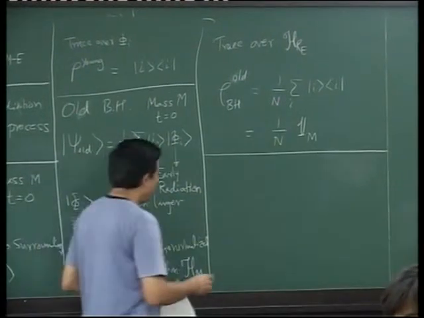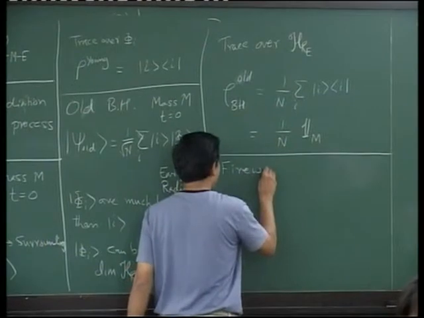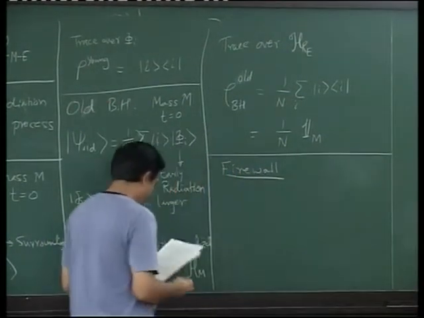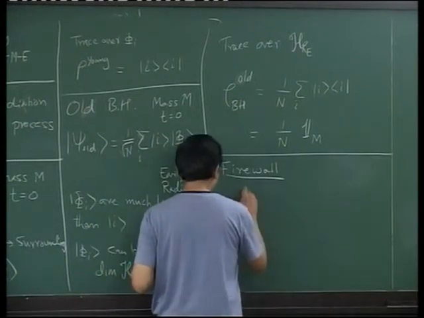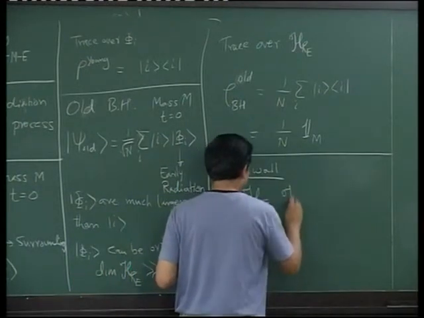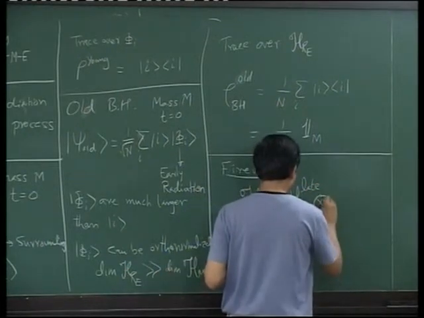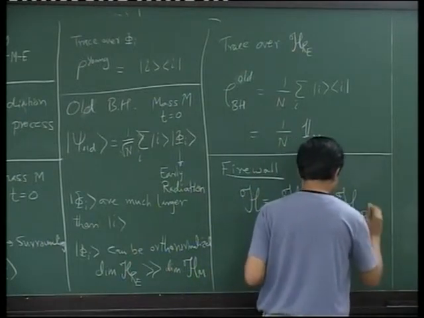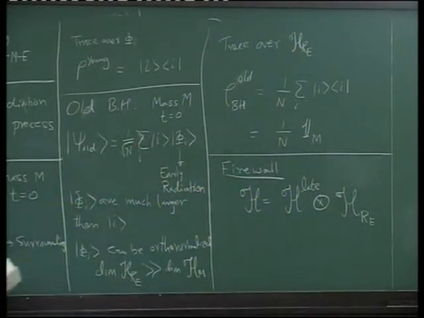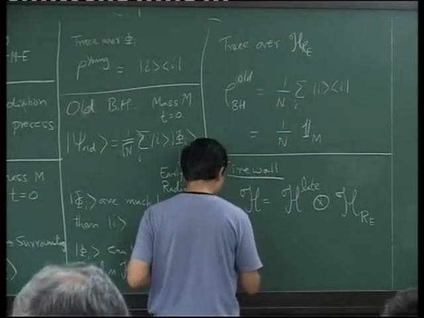Fine. So let's look at the firewall statement. The firewall statement is the following: let us decompose the Hilbert space H into late Hilbert space tensored with early Hilbert space. So early Hilbert space is of course the radiation. Late Hilbert space will of course contain the black hole. So we'll write down the late Hilbert space